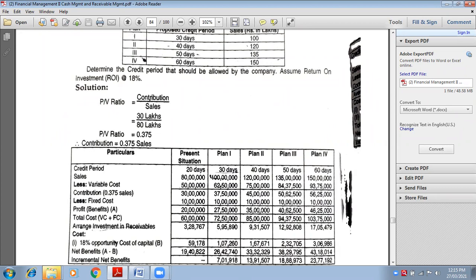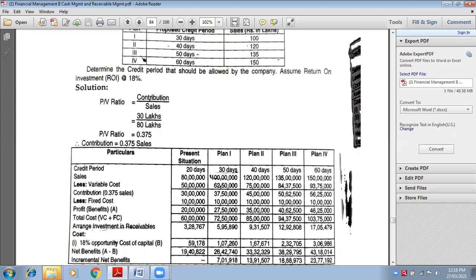Now we need to calculate average investment in debtors. So come to the next block, write down next line, average investment in debtors is equals to, which formula applied here, first or second? First one formula. Very good. Write down total cost. Average investment in debtors is equals to total cost into credit period divided by number of days in a year, because the sum is according to days.